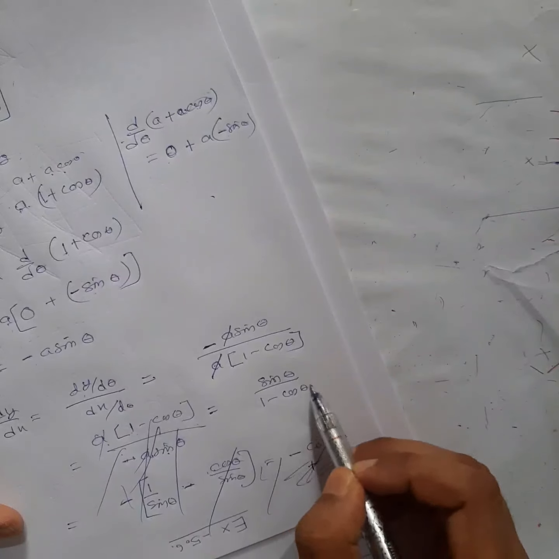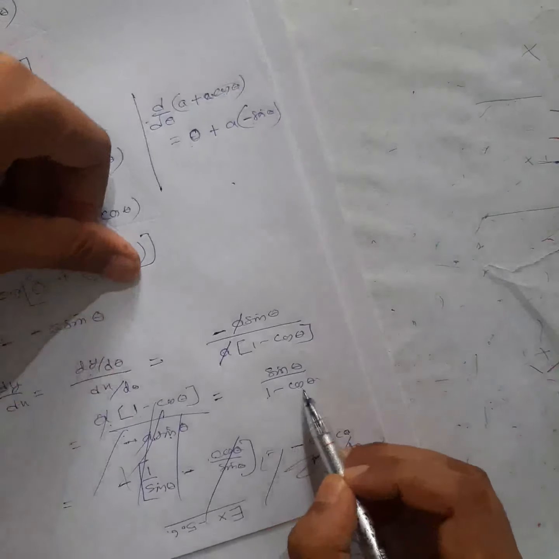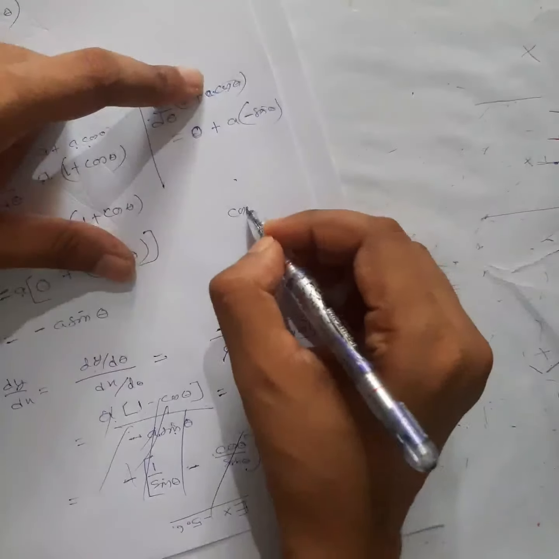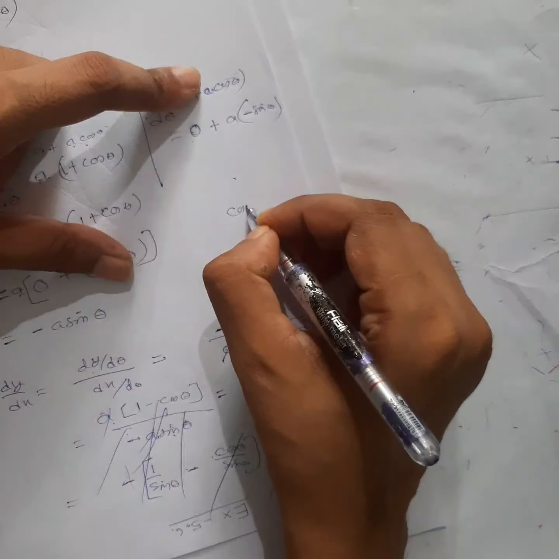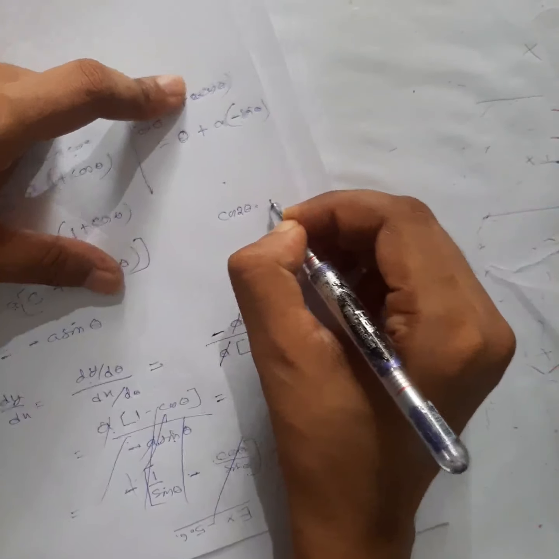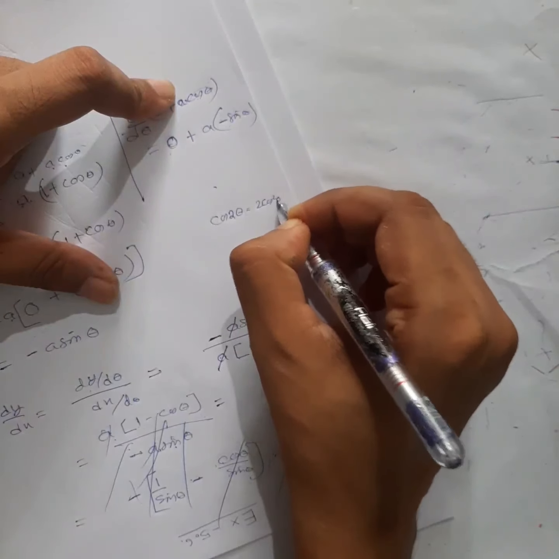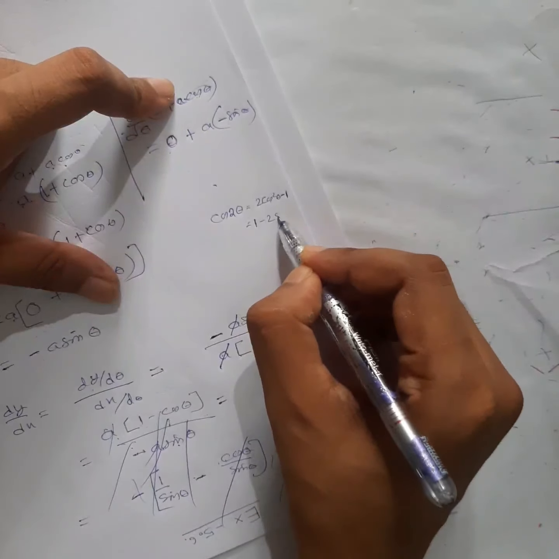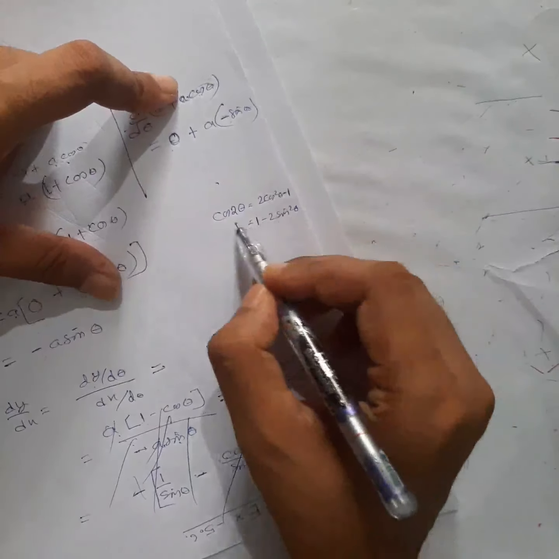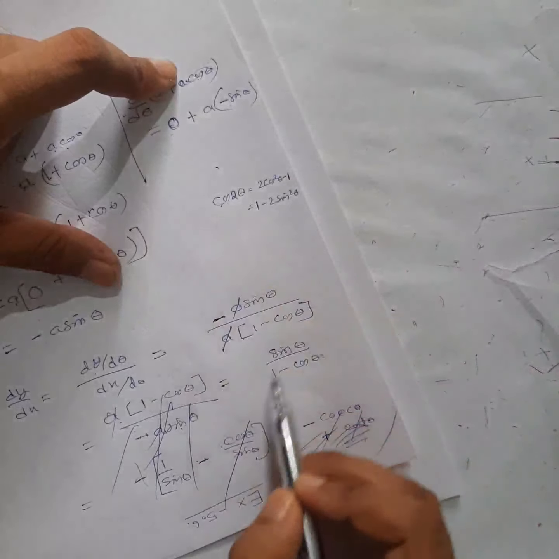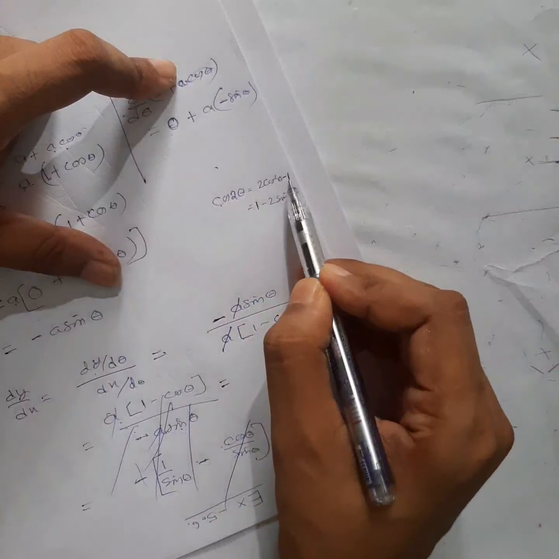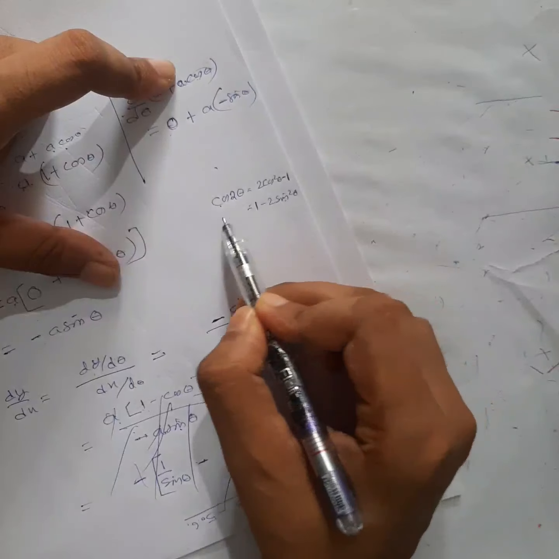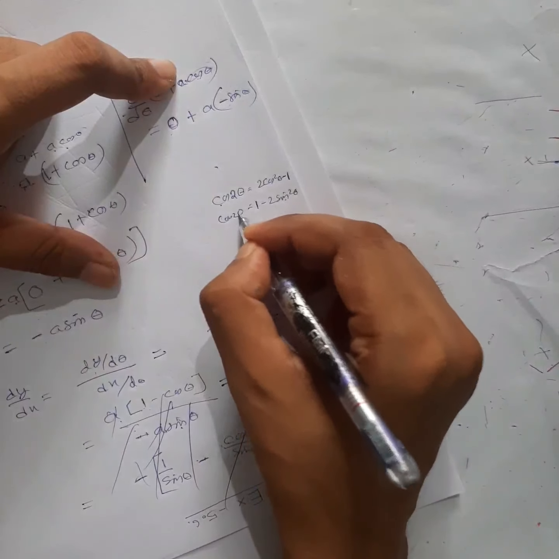Now this one also we can solve, right? Yes, 1 minus cos theta, it's an identity. Remember this one, many times we have done, right? 1 minus cos theta, what can I write? See, cos 2 theta, what is the identity? 2 cos square theta minus 1. This is one identity. Another identity was 1 minus 2 sin square theta. More identities are there, but I'm going to use this one because it is of this format. You can bring this one this side. Okay, I'm going to use this one.